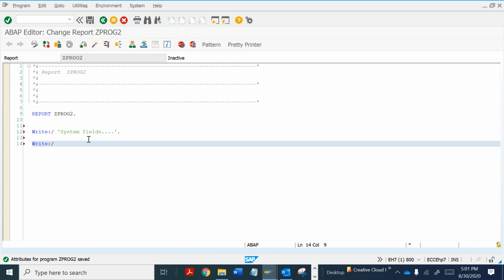Suppose I want to display the current date. We have a structure in SAP, standard and provided by SAP, called SYST.